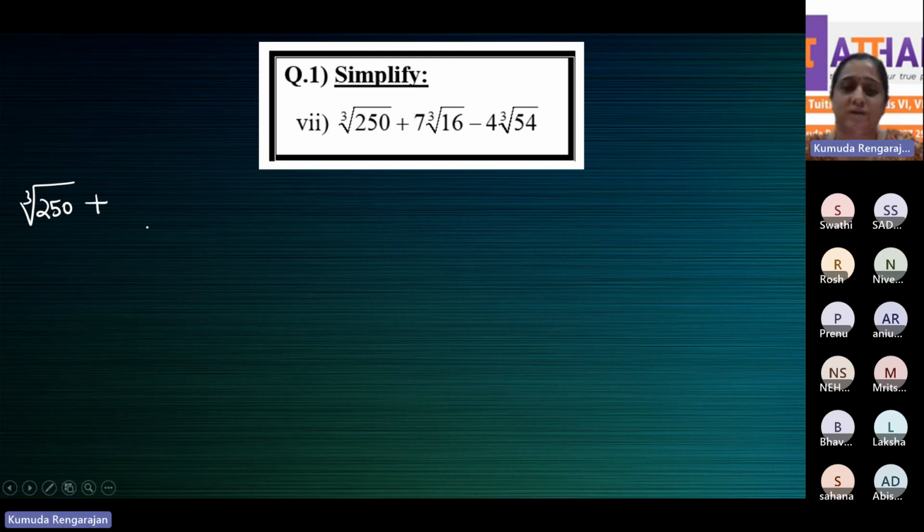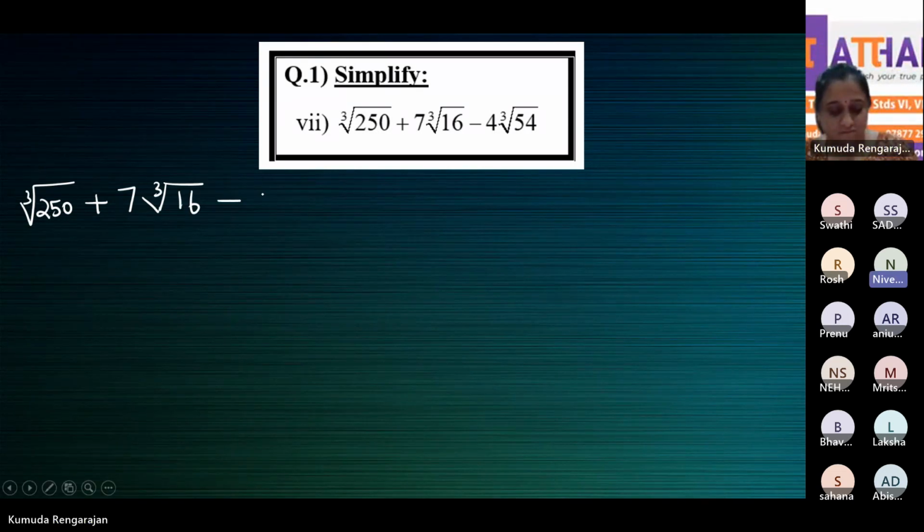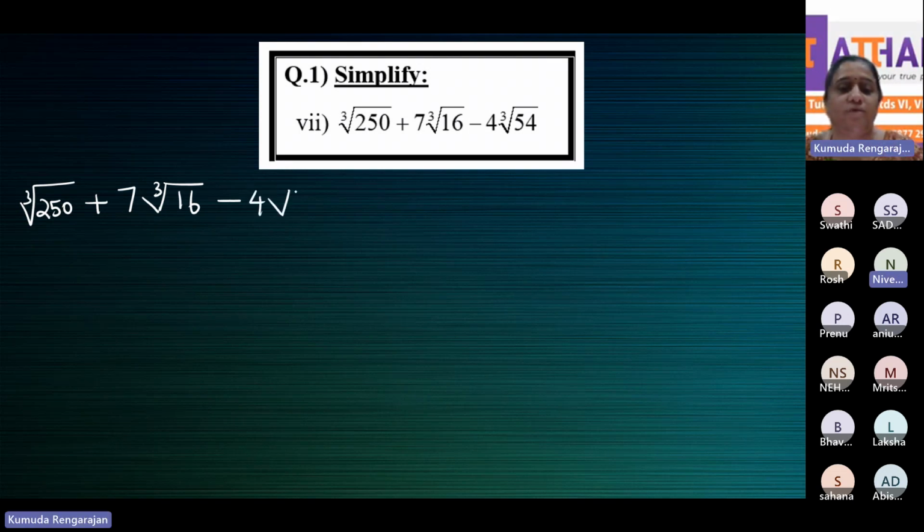No, one minute. First, we need to write the given expression. Read the second part. Cube root of 250 plus 7 into cube root of 16 minus 4 into cube root of 54. Very good. This is equal to